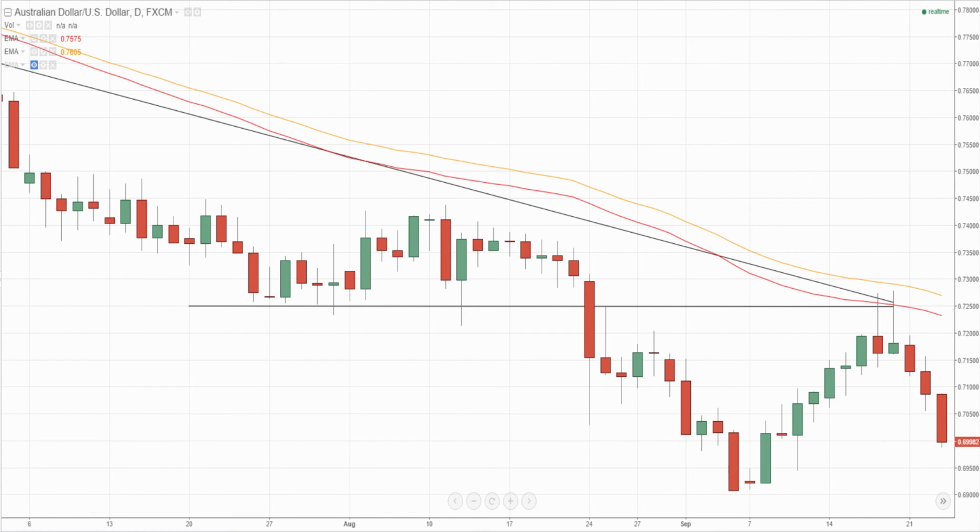At about 11 p.m., I set my sell entry order just below the previous day's candle, with my stop loss just above the resistance level of 0.725, above our tweezer tops, and just above our 50-60 EMA, keeping us nice and safe. Over the next 3 days, we can see that our prediction was very clear. The market trended downwards, coming to our take profit at the 0.7000 level, kicking us out for a nice profit